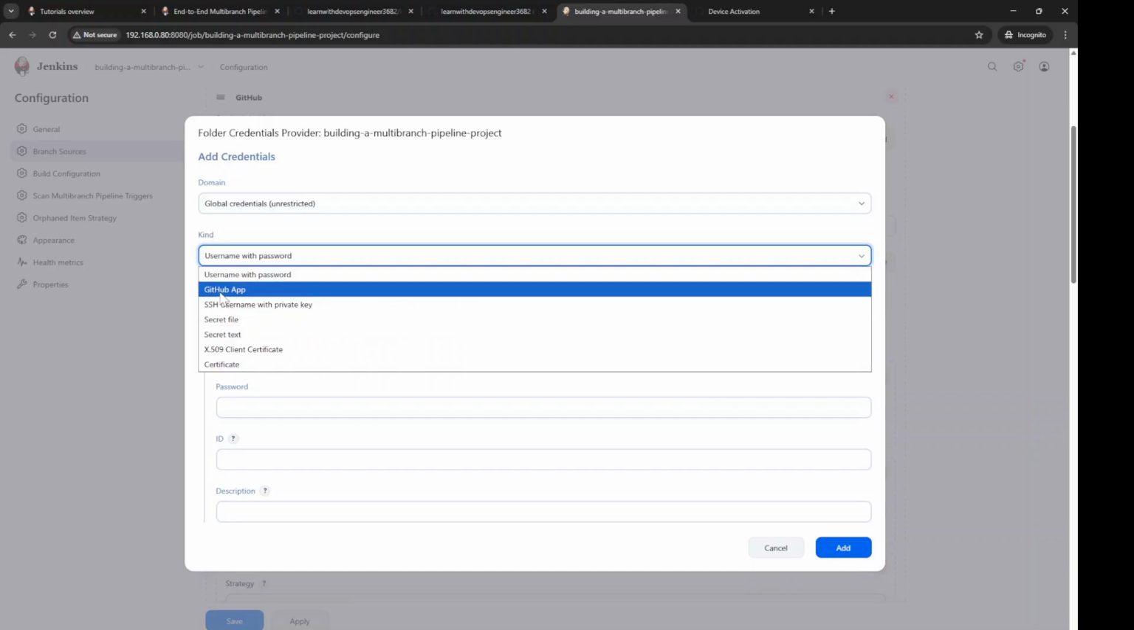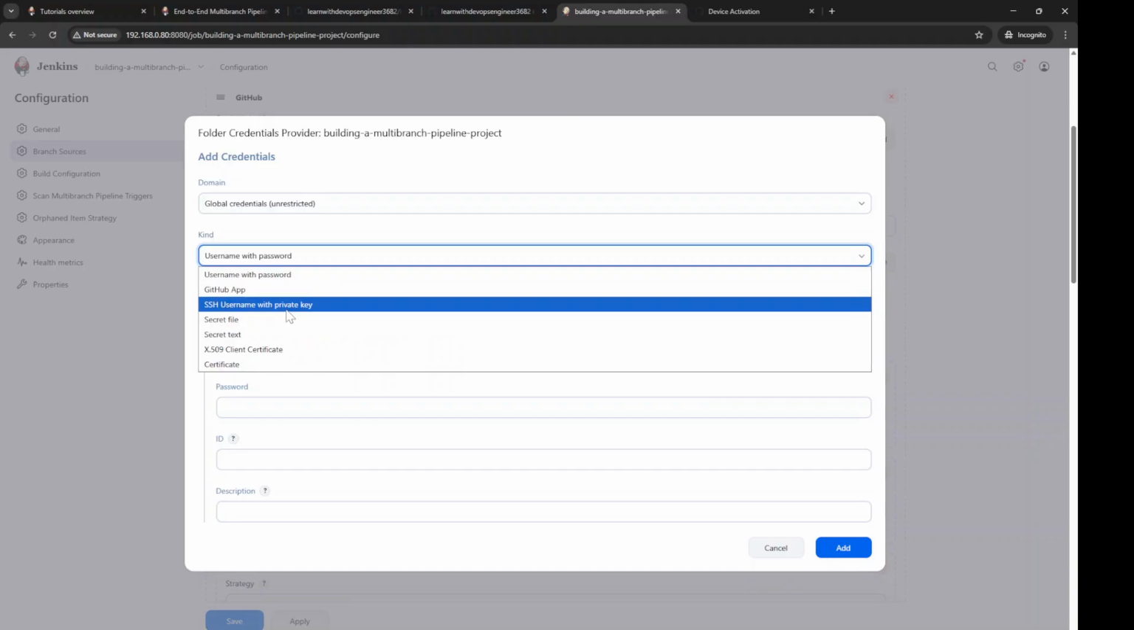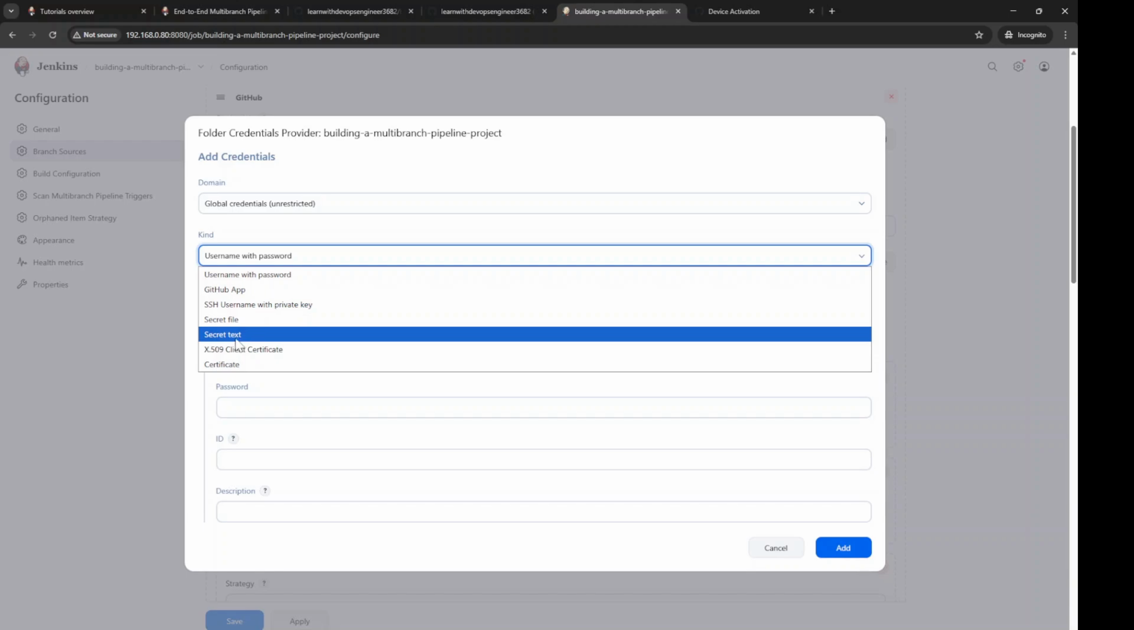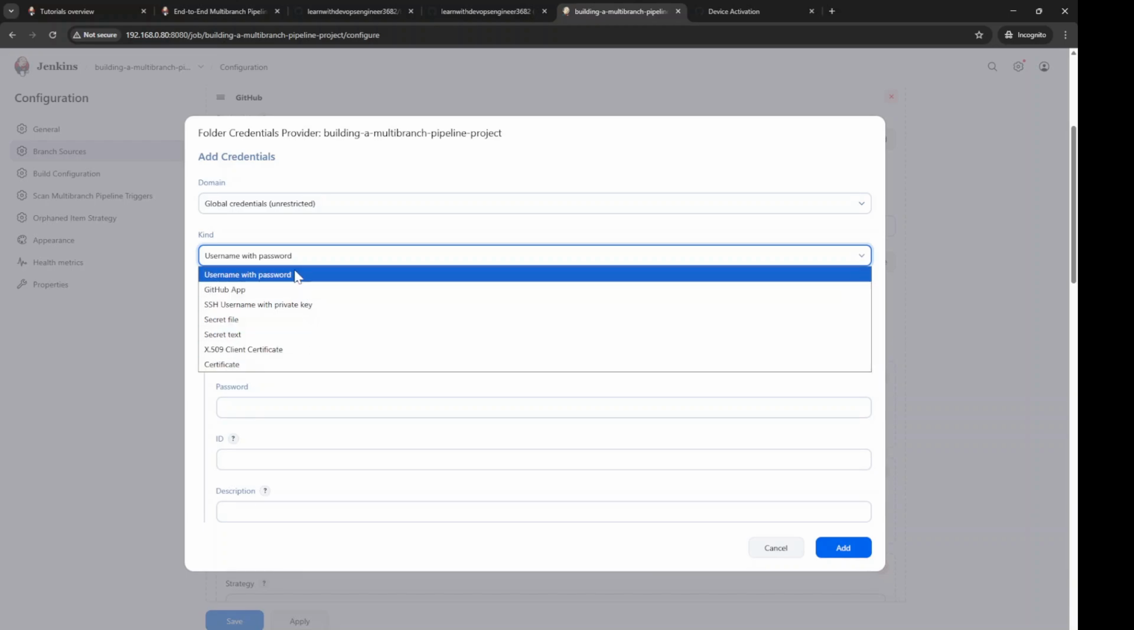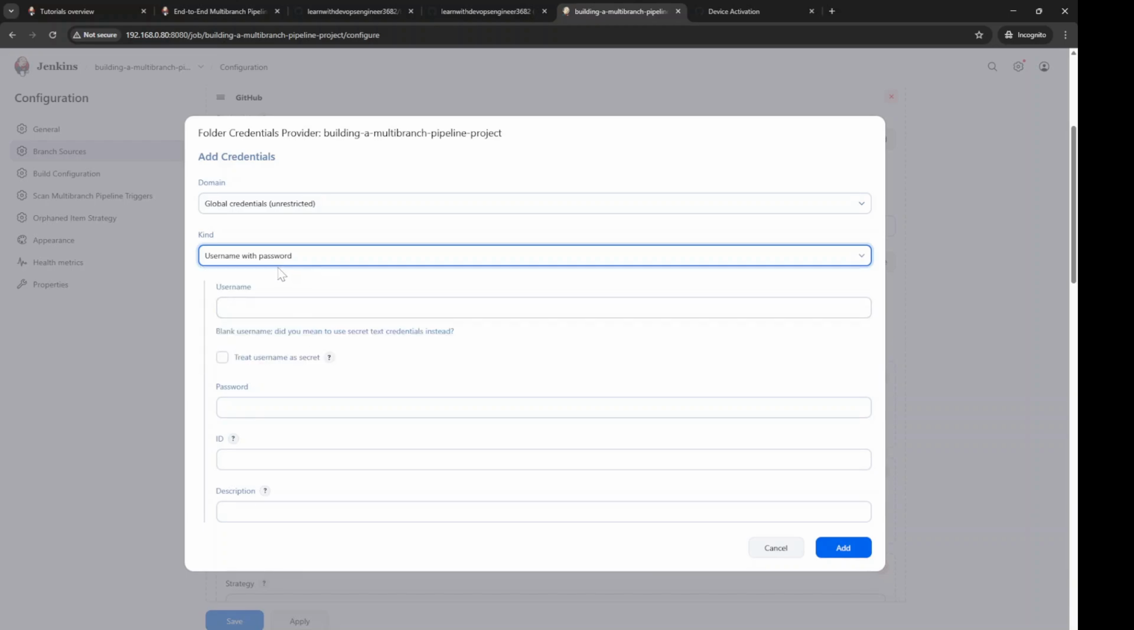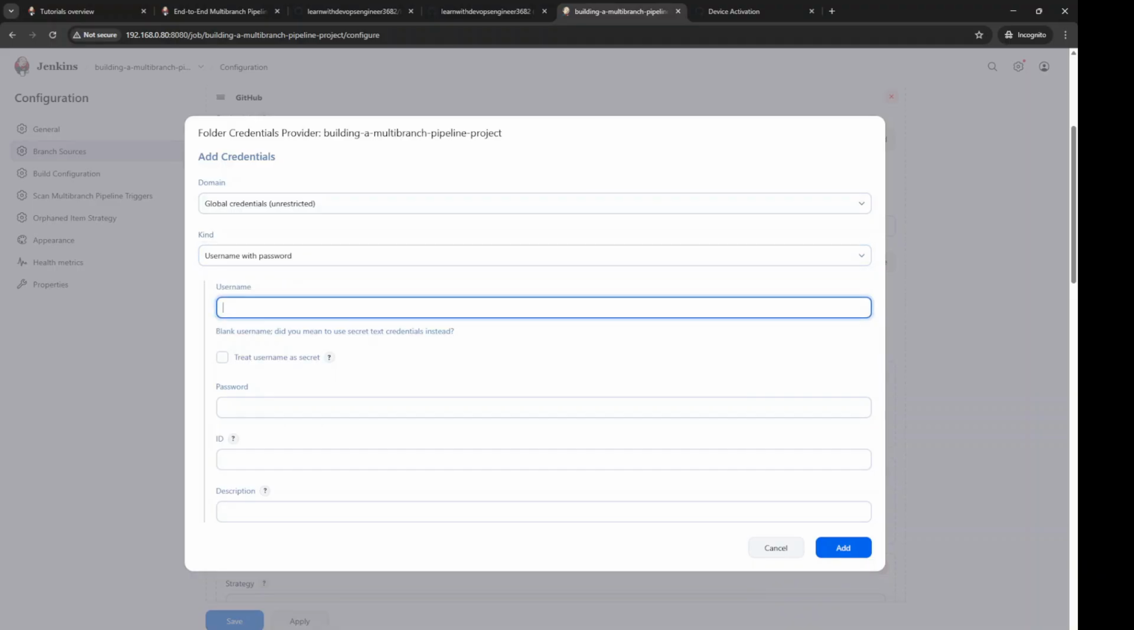So I'm going to use my username and password. There are other options as well: GitHub application, SSH username with private key, secret file, secret text. I mean, there are multiple options. For this video, I'm going to keep it very simple. Username and password, and this is my local server, so I'm not worried to give it here. So I would give Learn with DevOps Engineer